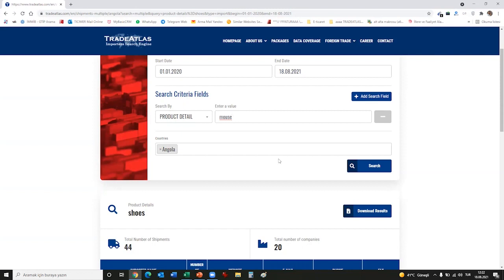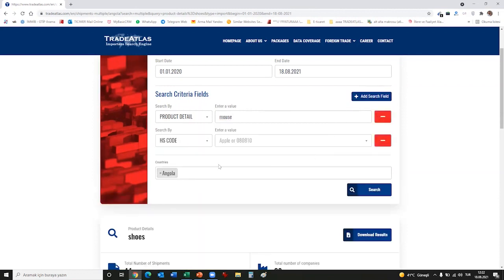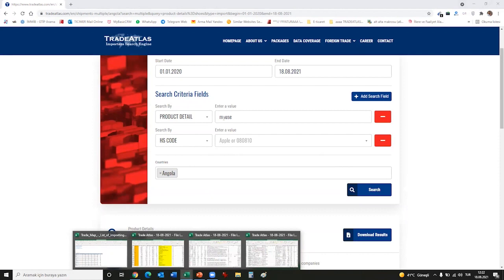There are even some transactions where, for example, I am a company in China and I sell a t-shirt and it says Mickey Mouse t-shirt. This also has a mouse keyword in it. So don't think that this is like Google, which knows what we are searching for. If you write mouse, we are going to show you all the records which have mouse, but you will never know which one it is. So if you want exact results, you may add some more fields to your search. For example, if I write Xbox here,